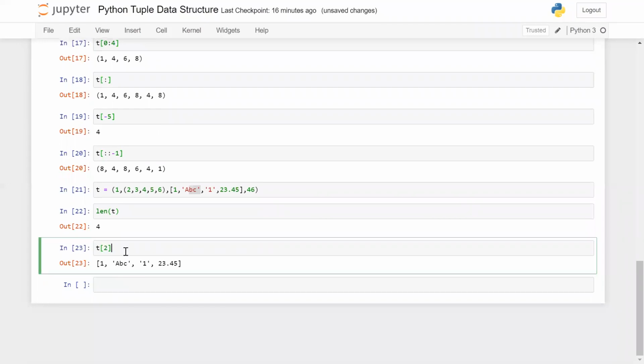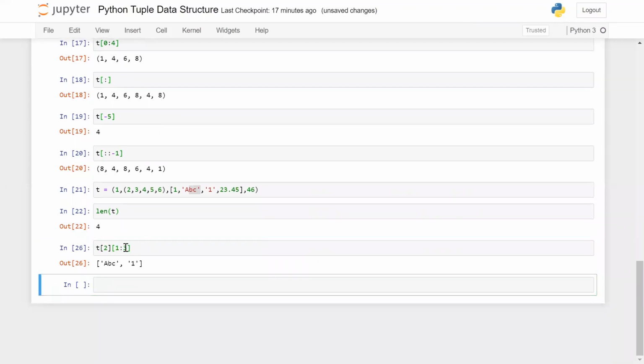And how can I access ABC? Simple, I can mention the index which is 1. And in case I want to access ABC and the 1 as well, I can mention this one. So this is the way by which we can access the elements.